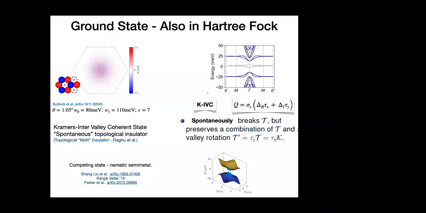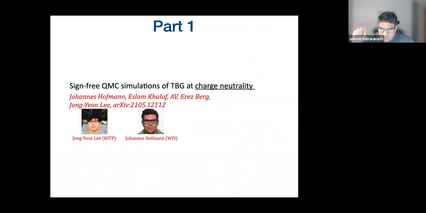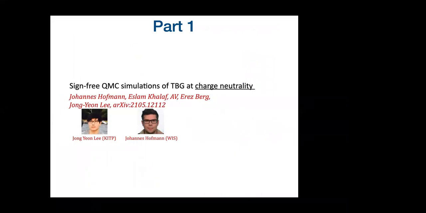So this is nearby, and that maybe explains why some experiments see a gap and some don't. But these are things that I think it's important to realize in twisted bilayer graphene. People like to think of the angle as being the only control parameter. That's probably not true. Different experiments probably have other knobs that are slightly different that may be important. Thank you. All right, so now let me tell you about